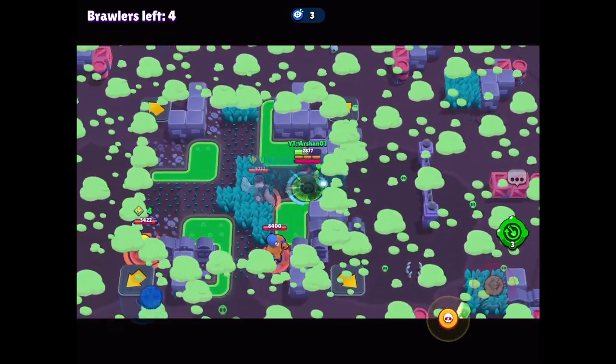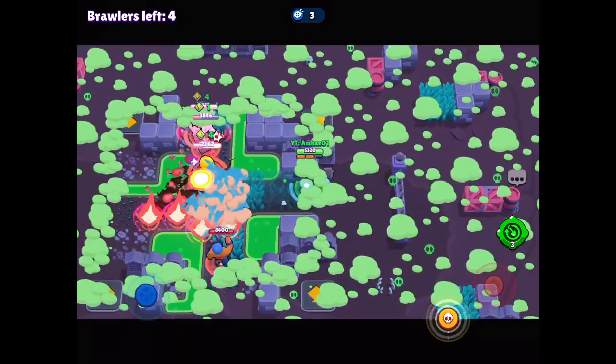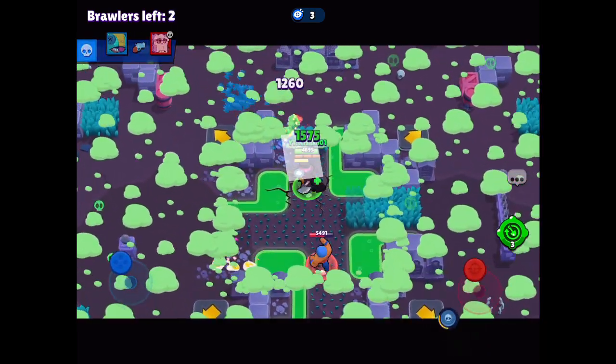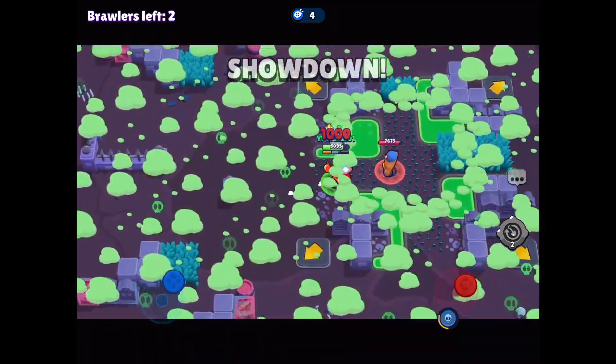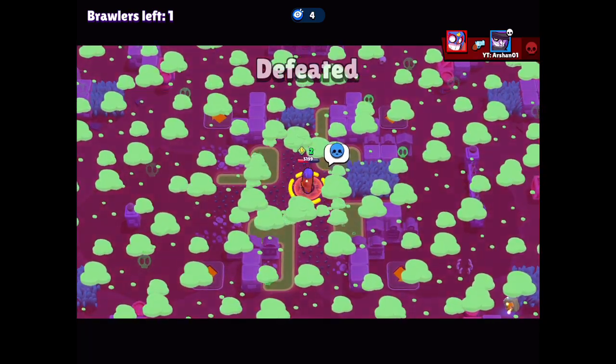Okay. Just chill in the bush. Okay. One more person needs to die. Okay, we're good. Dash out of there. And we're going to use our super there to get that Leon. And we're probably not going to be getting the Primo because he has a Yeet gadget yet. But that doesn't matter because we have officially obtained the rank 30